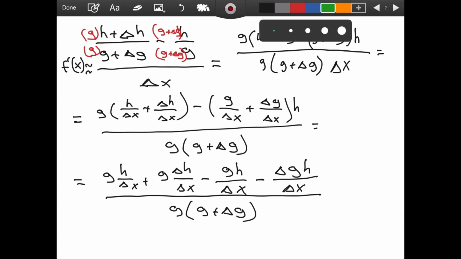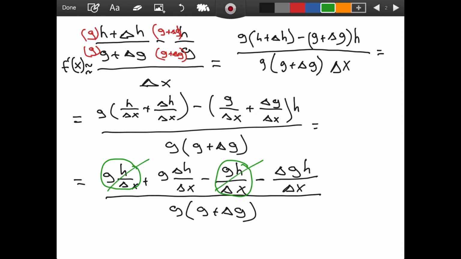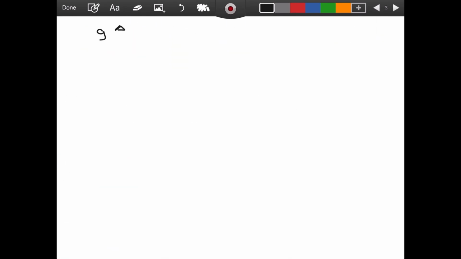Well, notice a great thing here. If you look at this and this, they are the same, only their signs are different, so they cancel each other. And if we now take the limit, actually let me do it on the next page. So we had g delta h divided by delta x minus, let's see what we have,